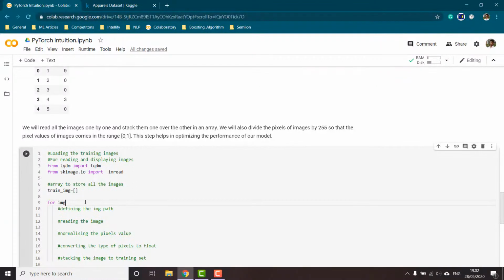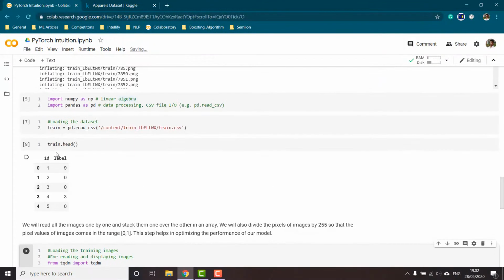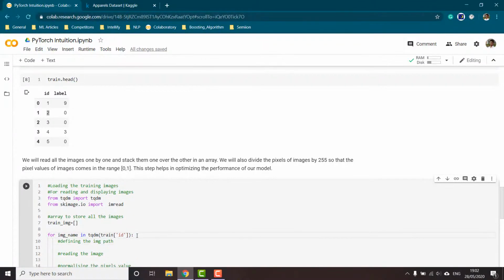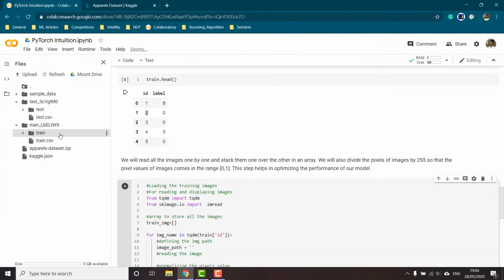For image name in tqdm of train ID. What this is going to do is go through each of the names in the ID column, that is 1, 2, 3, 4, one by one. Next we are going to define our image path. The image path will be equal to the address of our images. Our images are in this train folder, so I will just copy this path